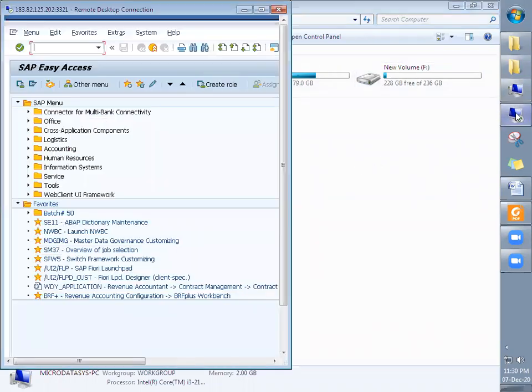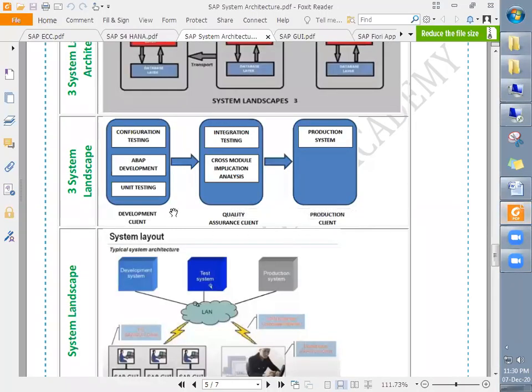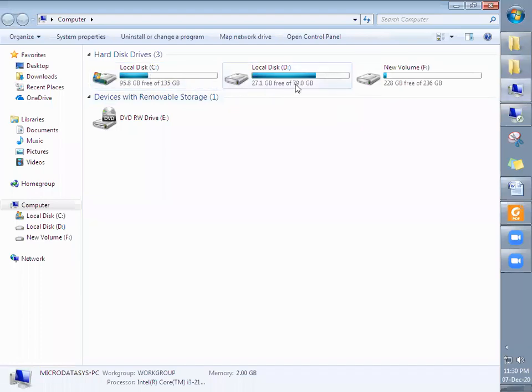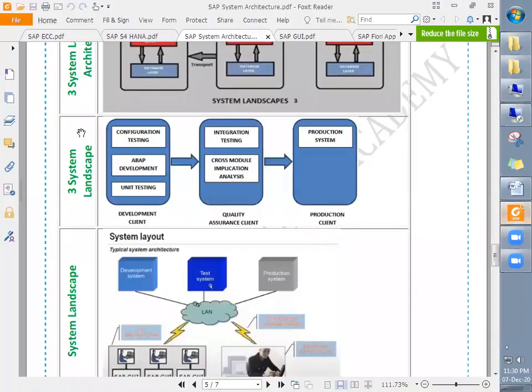Similarly in SAP system servers, different clients are the logical divisions of the system. The C drive folders or files are not available in the D drive, and similarly D drive information is not available in the C drive. Similarly in SAP, different clients are created.